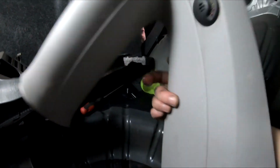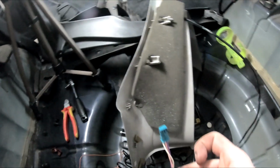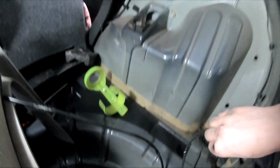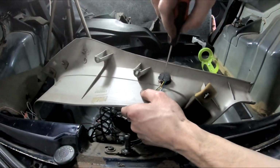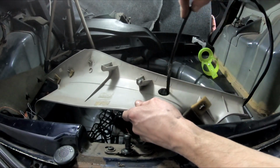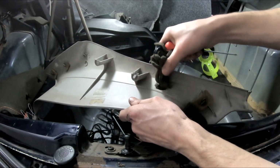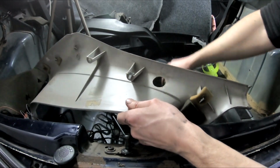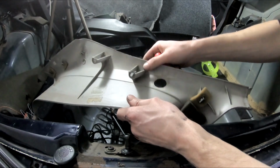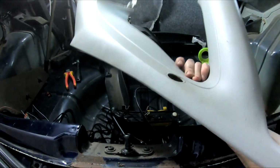So let's see how I can remove the speaker from here, stick in the new one, and this wire needs to go up there. Who the hell came up with this solution? Yeah. Please fit. So new one, I'm pretty sure it should stay like this, so